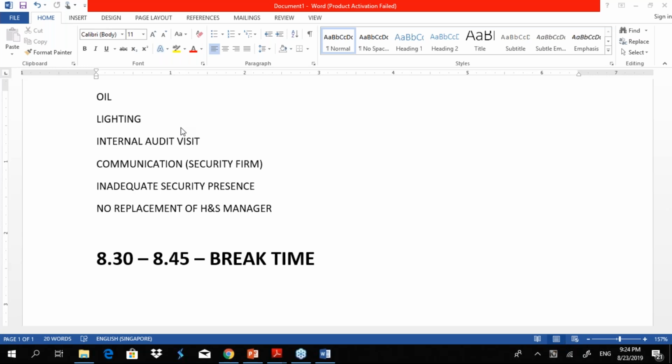See, it's important that the internal audit team goes and visits to identify the risks so that they can assess and bring up mitigating strategies. And the consequence is that issues at the site will not be identified.